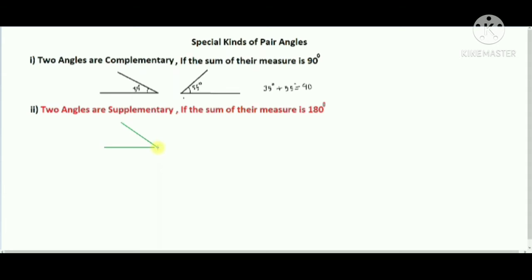Okay, this is one angle, so these two lines are meeting at a point. Now another angle. So you see here, according to the statement, two angles are supplementary if the sum of the measure is 180 degrees. So here, suppose they are 60 degrees, and then if I write 120 degrees,